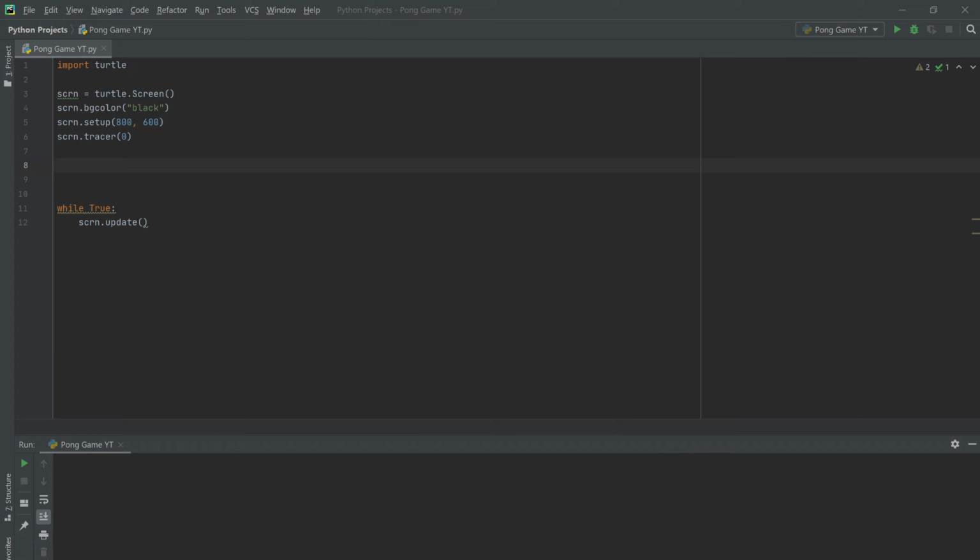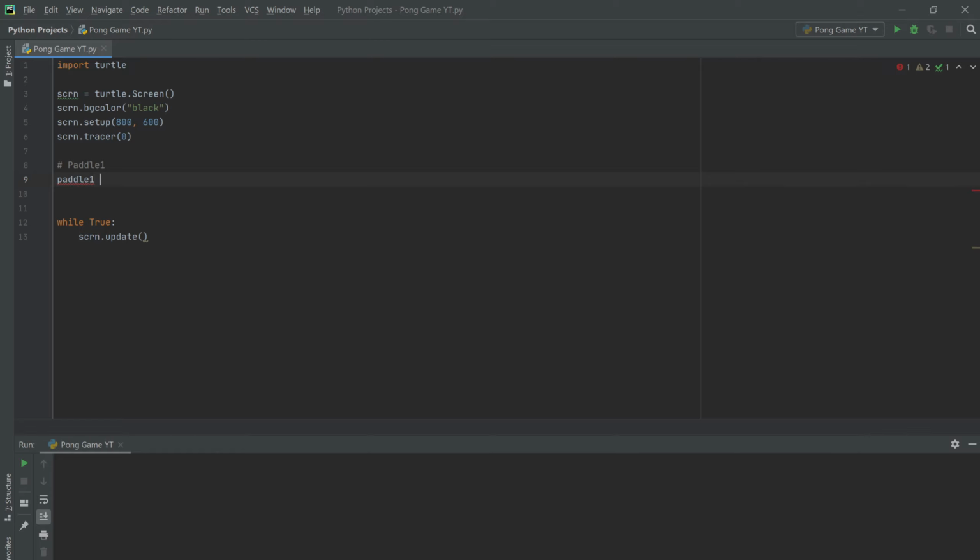And throughout this tutorial, I'm actually going to make comments. So if you ever forget what a block of code does, you can just look at these comments and remember it again. So here I'm just going to write a pound sign, and then I'm just going to write paddle1, so we know that we're going to create our first paddle, okay? So I'm just going to skip a line, and the first thing I'm going to do is to create my paddle object, okay? To do so, it's very similar to before. I'm just going to name my variable. So I'm just going to name it paddle1,